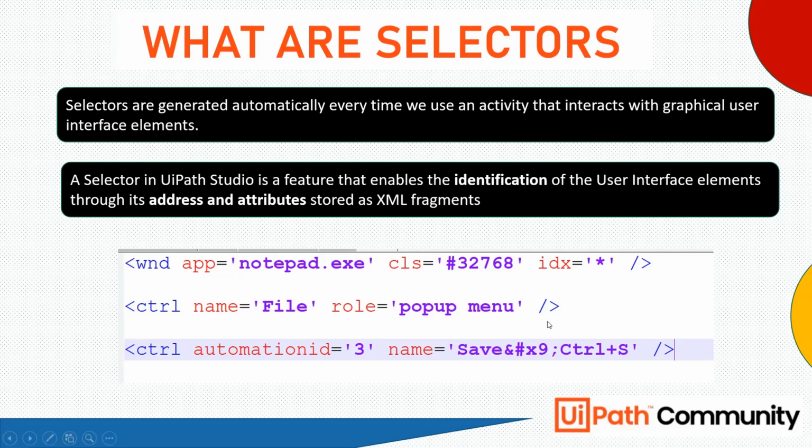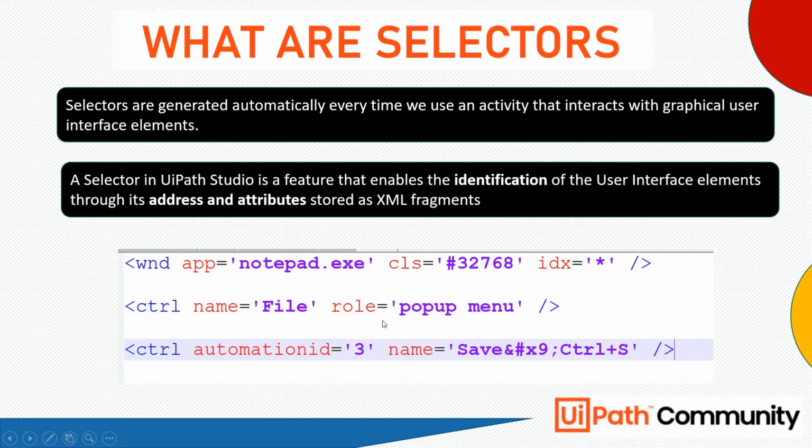For this outline, you have 3 stages. I think at every stage it identifies an application, like this notepad.exe. So it is looking for notepad, then it is having file, and then it is looking for the save button, Control plus S, right? As a human, we can also read it, right? Similarly, whenever I put this selector in any UI element, UiPath will go to the notepad, it will go to the file, and it will go to the save.